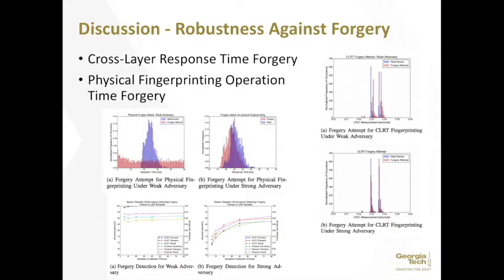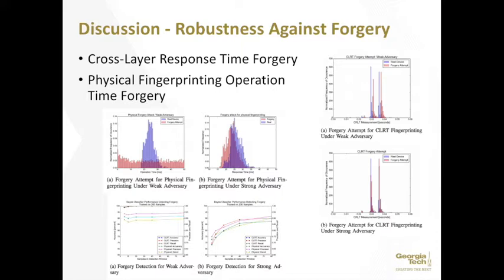Now, the researchers wanted to find out how well their fingerprinting methodology was able to assist network administrators detect forging attacks. And they were able to do this with some actual experimentation to validate their mechanisms. One thing to note before we begin on this topic is that it's actually very difficult to forge ICS fingerprinting, mainly because there's always going to be inherent randomness in an attacker's mechanism and workstations that will impact the times that we've been trying to calculate with regards to response times and everything like that.